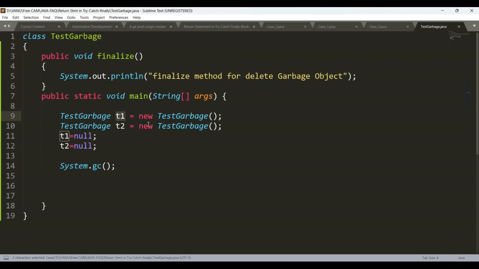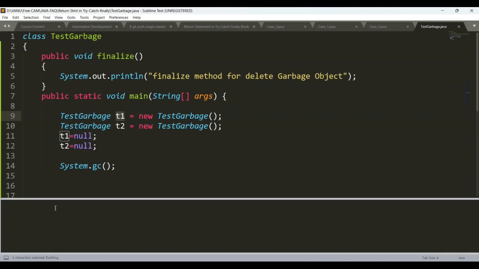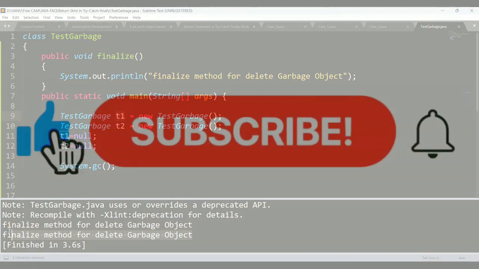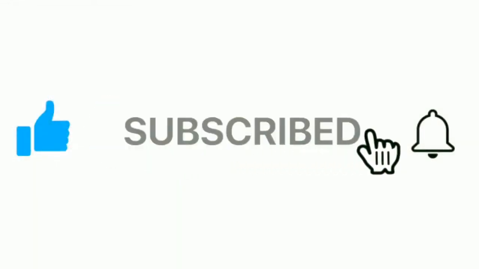Okay. Now if we compile this one, see what happens. If we compile and run, we see: finalize method called for deleting garbage objects. Okay, so this is automatically